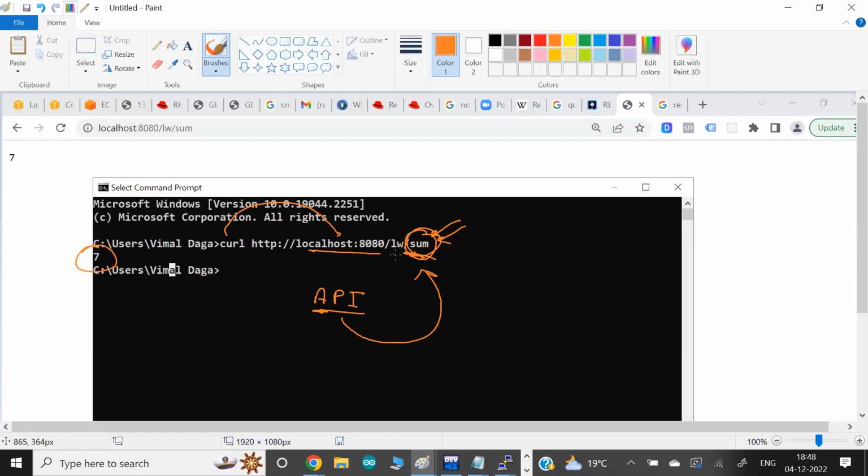This API has one different responsibility. It always runs 5 plus 2 and gives the answer. Some APIs will send an SMS, some will send an email, somebody sends a Facebook post, somebody will retrieve a tweet, and we have a lot more APIs. Every API will do something for us. So this API, which we call with this URL, has one functionality, one program to run, and gives the output 5 plus 2, 7.